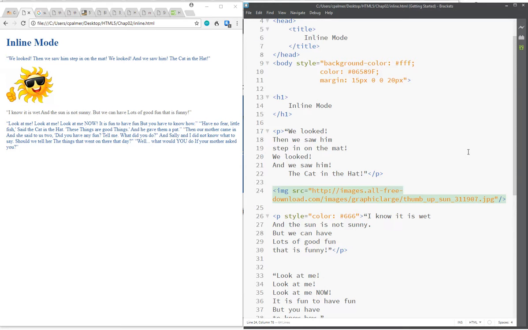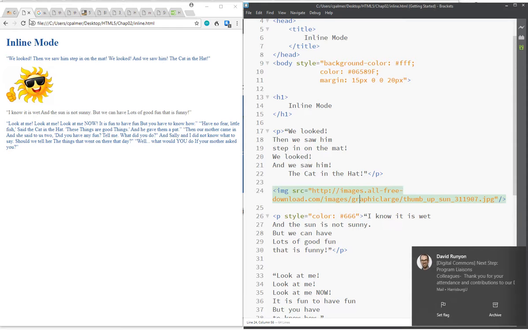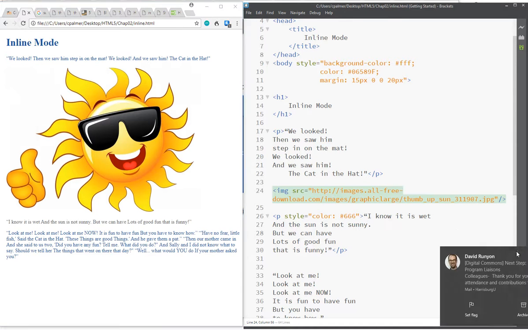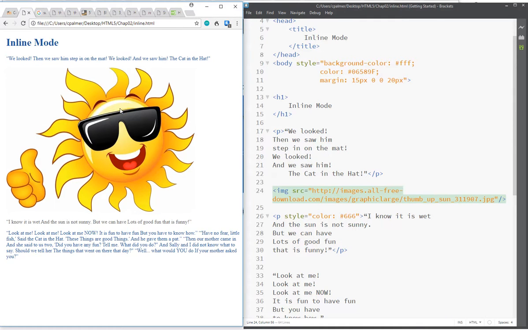Hi, there was one thing that I forgot to cover in our lecture, but this is the process for scaling your images. If you note here, I've got this sun image that we brought in, and it's rather large, and I don't want it to be that size. We actually have another attribute that we can add to this,